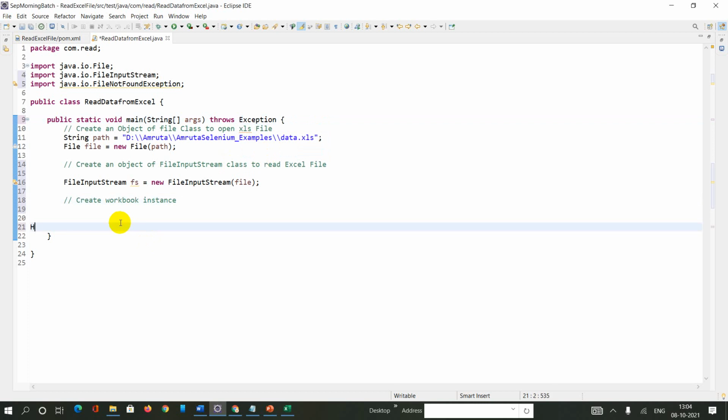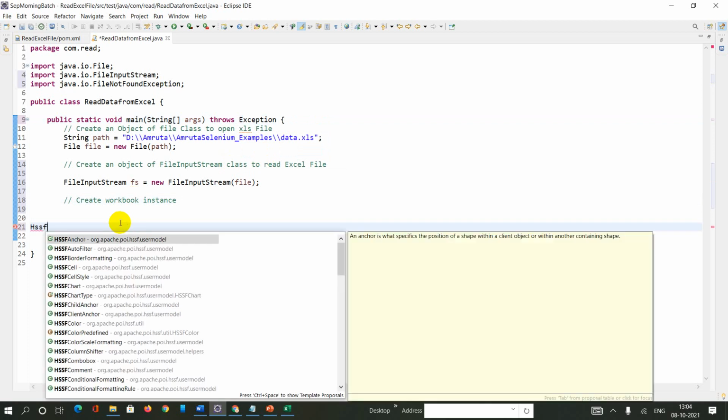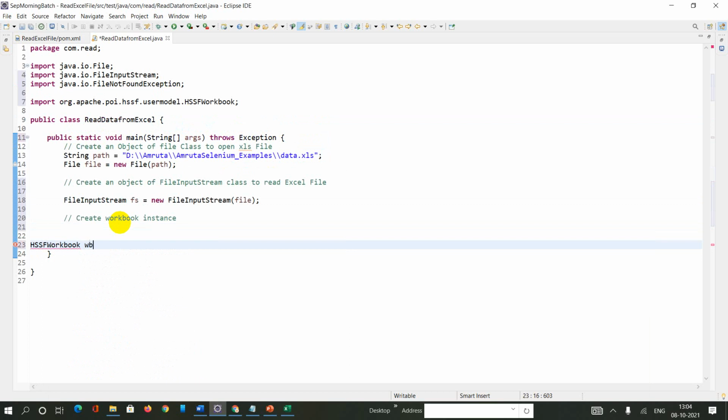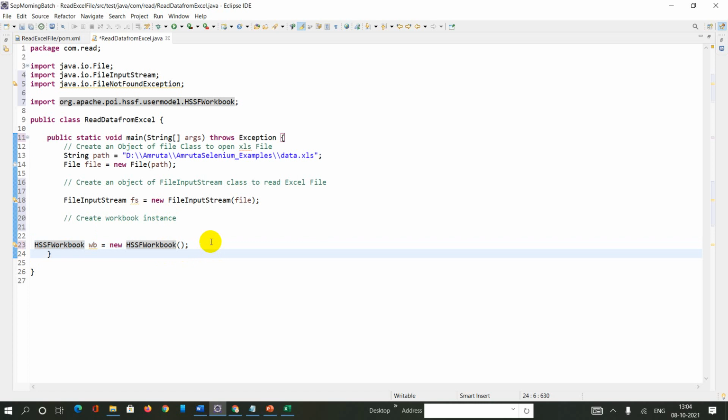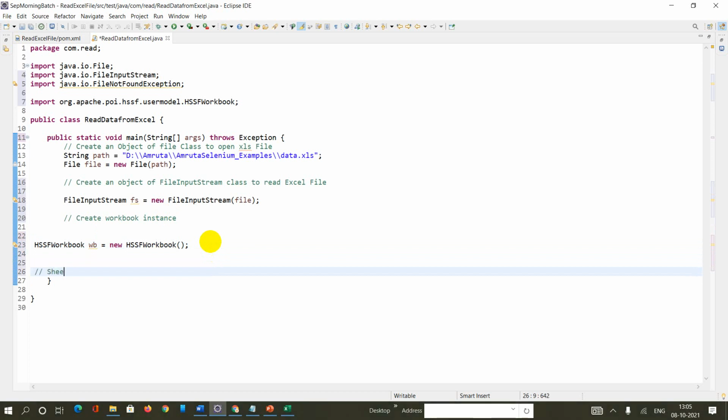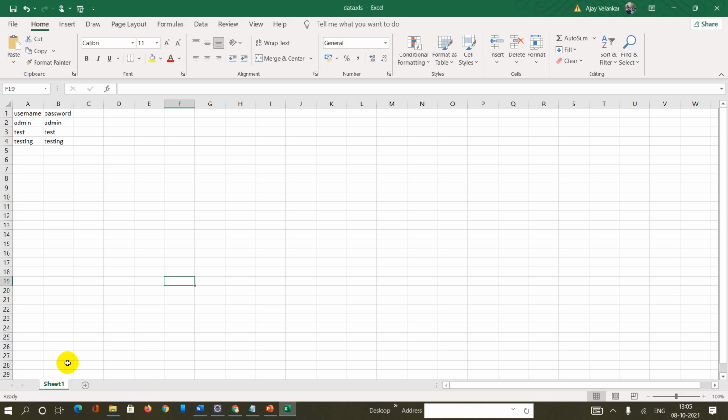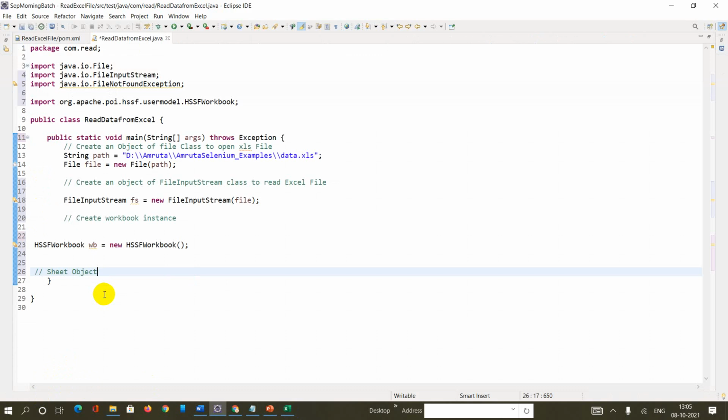And here I am creating the workbook object, so I am saying wb equal to new HSSFWorkbook. And then I need to create a sheet object, so that I can decide in which sheet I need to test the data.